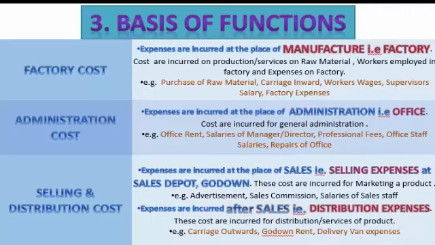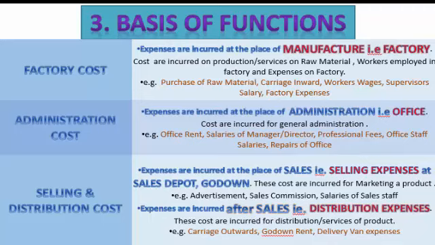The second place we have identified is office, what we call administration. Now, in an administration place, we never manufacture a product. This is the place from where we control all the group activity of the company. How much to manufacture, when to manufacture, whom to sell. So they are working on both sides, factory side also, sales side also. Now the place of administration is called office. So this is the second category.